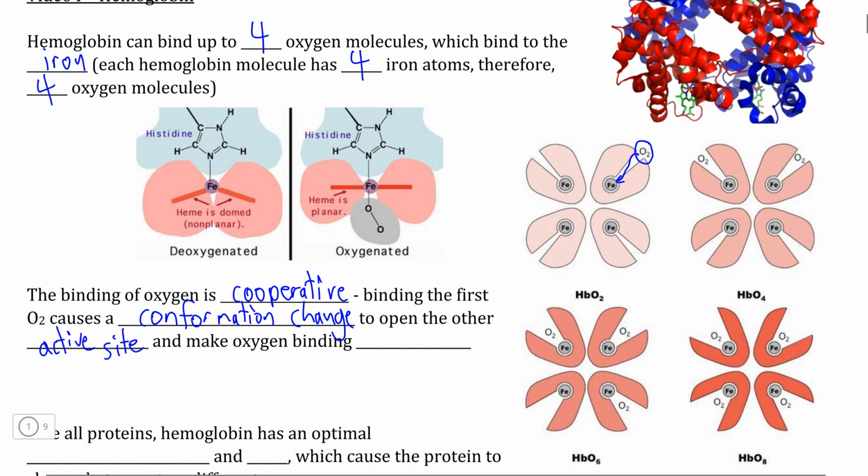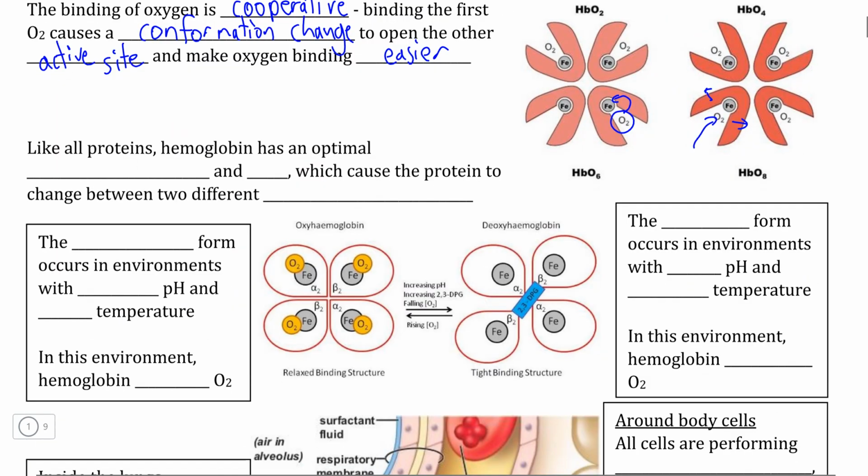So we can see here that a second oxygen molecule is now able to get to the second iron atom because the active sites have opened up even more, allowing easier access for oxygen. And then when the third oxygen molecule binds to the third iron found on hemoglobin, it opens up the active sites even more, allowing the final oxygen to bind much more easily than any of the previous oxygens were to bind. Now, this kind of answers the question about how oxygen is able to attach to hemoglobin, because as long as oxygen is present, oxygen makes the binding of other oxygen molecules easier to do,